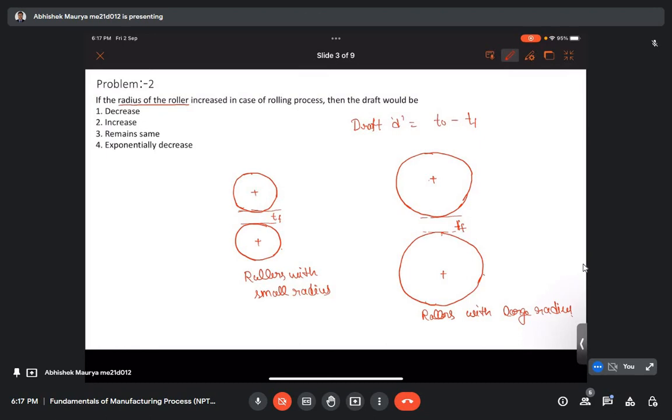And if you can remember, there was a parameter, basically it is called bite or angle of bite, and which is defined as